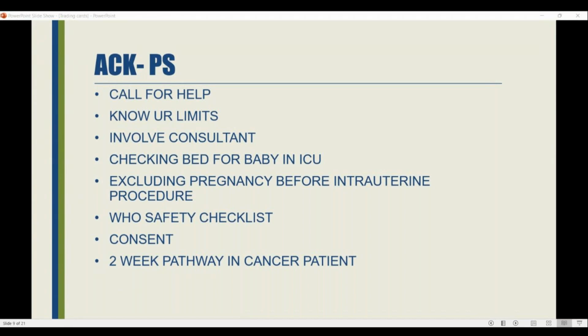Consent, very important safety point. It is a safety for us. Consent is an informed consent. The patient has signed the consent. If you are taking a